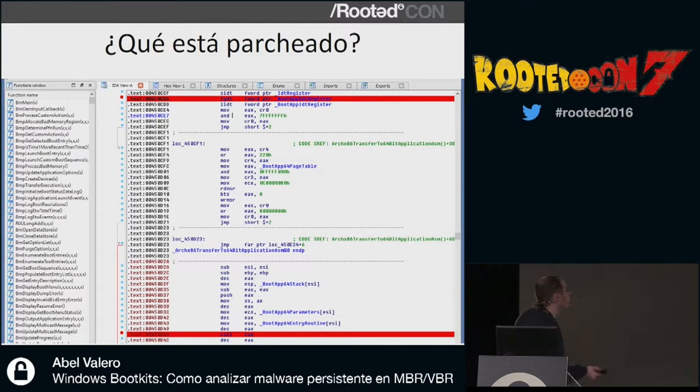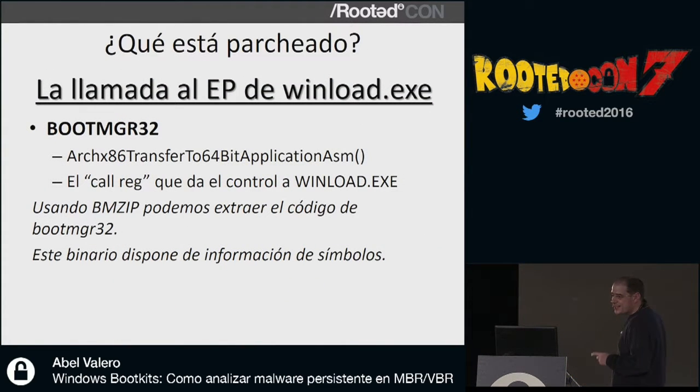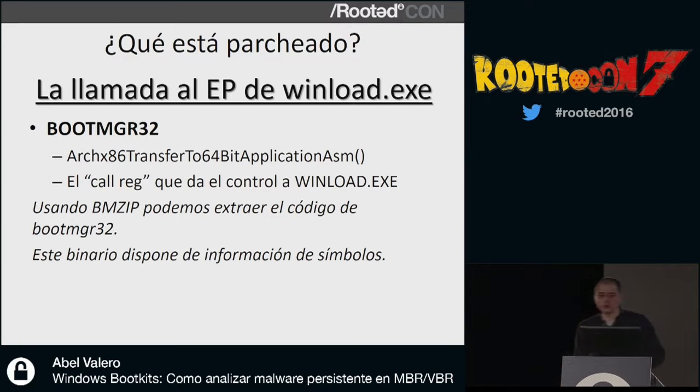And since we have the information, we open it up. It looked for this instruction. When it found it, it put the processor in trap mode and started executing all the instructions, one after the other, until it found this one. So it said, okay, I've found this instruction. Now that I have it, I keep looking farther down, and once I get to the right place, I apply a patch. The call EAX is calling the entry point for WinLoad. That's loading Windows. WinLoad is in charge of loading Windows.